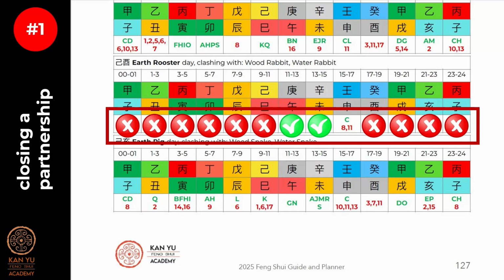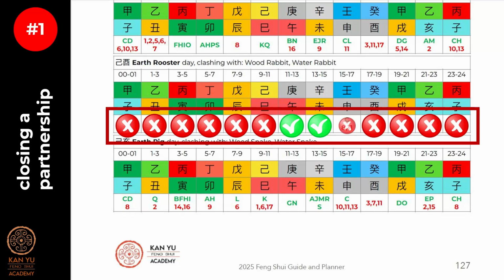Since this is the first example, let's also check the last pillar, which is the young water monkey. It carries the heavenly nobleman, which is a good protection star. It also carries the white tiger, which has to do with accidents and body injuries related to risky activities. Since it has nothing to do with the activity we want to perform, it has a neutral effect. Finally, it bears the road emptiness star, which has to do with obstacles and delays when traveling. This could partly affect the activity of sending a letter, so, since we already found 2 good pillars, we can